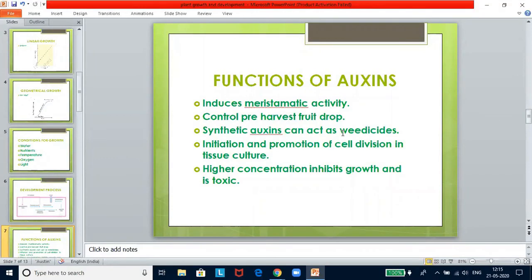Bioassay of auxins. Bioassay means the testing of a substance for its activity in causing a growth response in a living plant or its part. The test measures the concentration which is required to produce the effect, and thus it is a quantitative test. Avena curvature test and root growth inhibition test are some of the bioassays for examining the auxin activity. Avena curvature test is one of the most widely used bioassays for auxin activity.